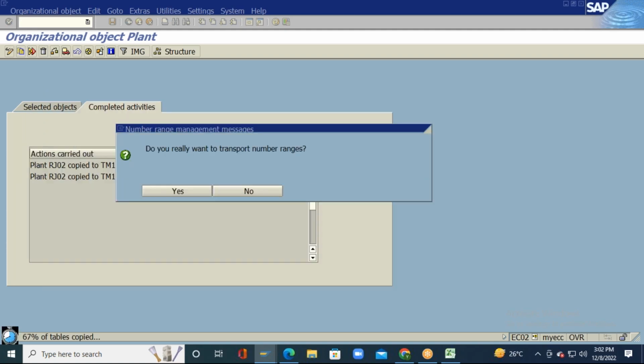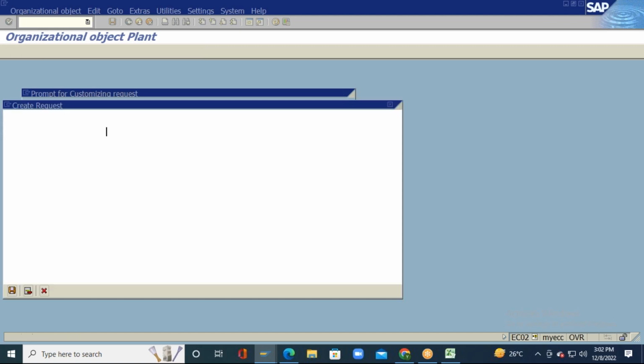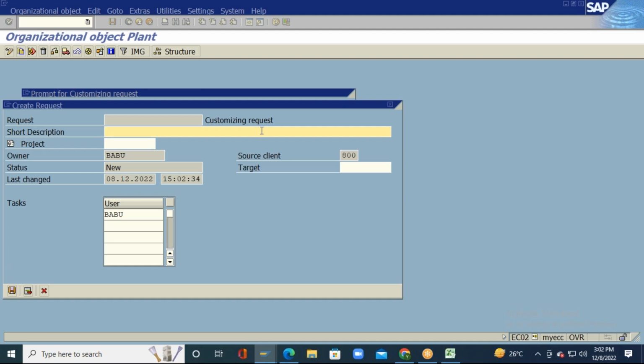I will try to copy. You see there is something known as a transport request being created, right? I will try to create a new transport request for my configuration. I will go to the create request, then plant configuration,